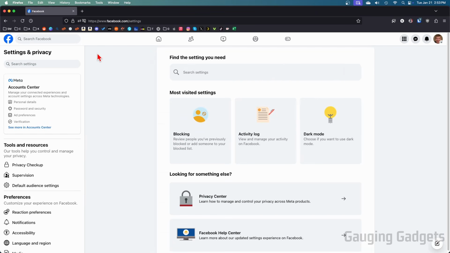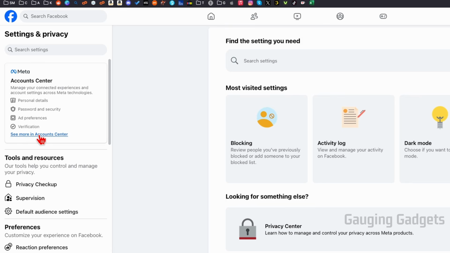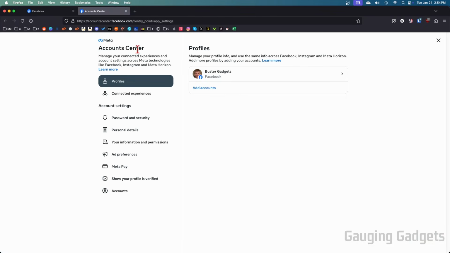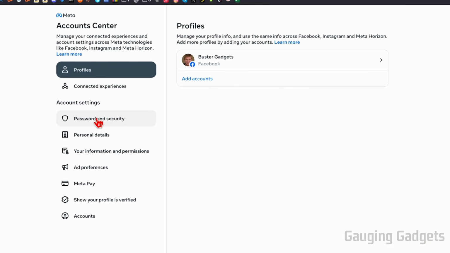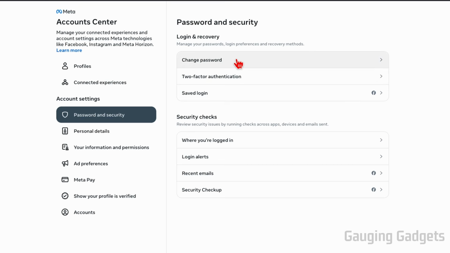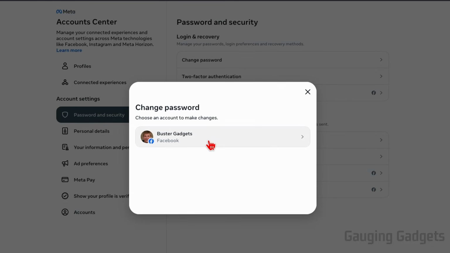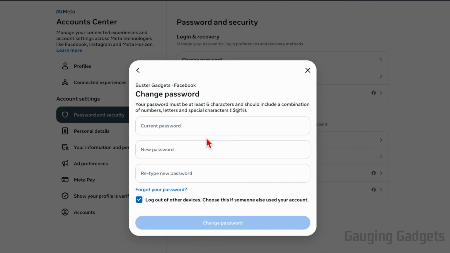Now that we're in the Settings and Privacy, in the left menu here, select See More in Account Center. And then once in the Account Center, go down and select Password and Security. Now all we need to do is select Change Password and then select the Meta account that you want to change the password on. Now when you get here, Facebook may send an email with a security code in it to your email account. So you just need to get that code and then enter it in,